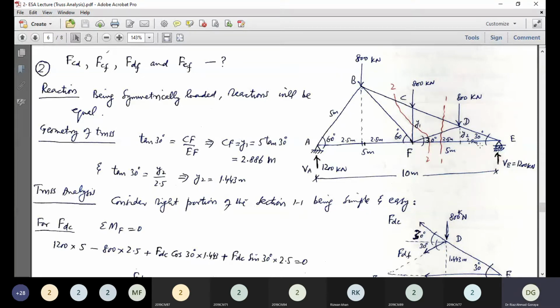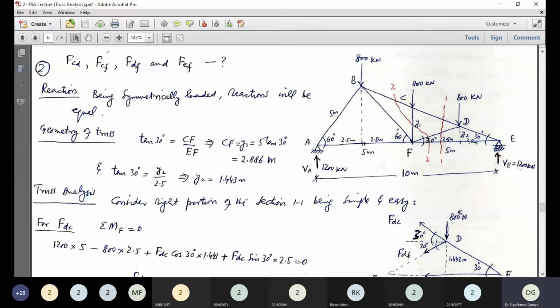then it will be. लेकिन अगर आप सिंपल इसकी रिएक्शंस की वैल्यू लिख देंगे विदाउट गिविंग दिस रीजन, देन द क्रेडिट विल बी हाफ। आपको ये बताना पड़ेगा कि ये जो रिएक्शंस 1200 और 1200 आए हैं ये किस वजह से आए हैं। सो बीइंग सिमेट्रिकली लोडेड रिएक्शंस विल बी इक्वल, दैट इज 1200 किलोन्यूटन। और अगर ये सिमेट्रिकली लोडेड ना होते तो पिछली प्रॉब्लम में जो तरीका हमने अडॉप्ट किया है वही अडॉप्ट करते टू डिटरमिन द रिएक्शंस। So of course after determining and after having the reactions,